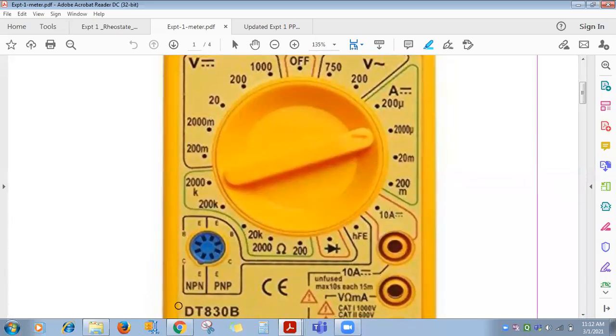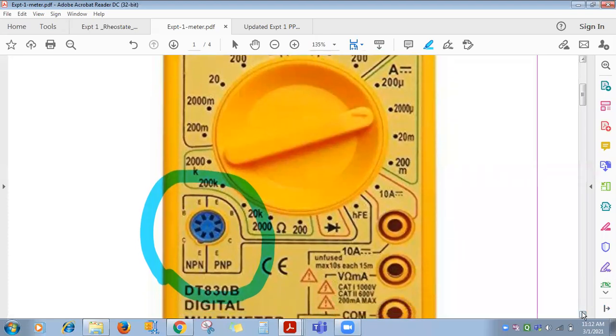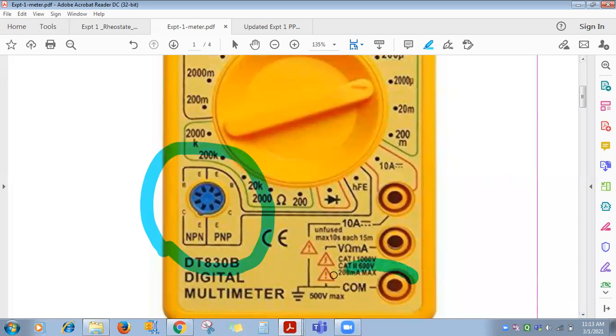Now can you tell me what this facility is for? NPN, PNP, transistor. Correct. Transistor: emitter, base and collector. It means whether the transistor is in working condition or not, whether it is PNP type or NPN type, which one is the emitter, base, collector terminal, those things also you can check using this DMM. For this, see again the three terminals here: the black terminal always you put here, and the red one either here or here depending on your requirement.